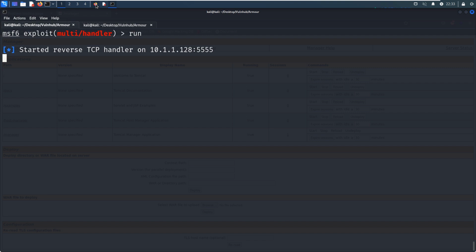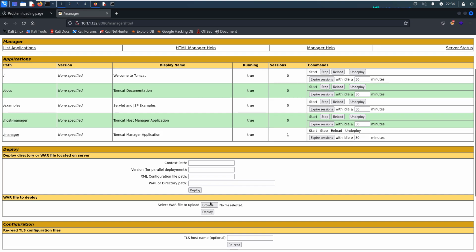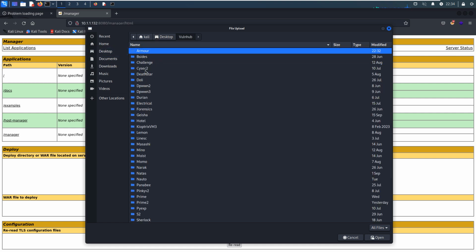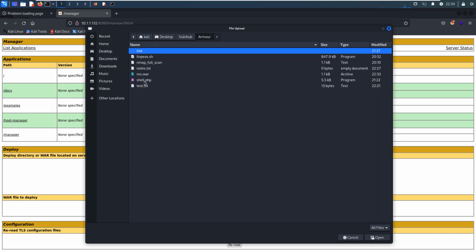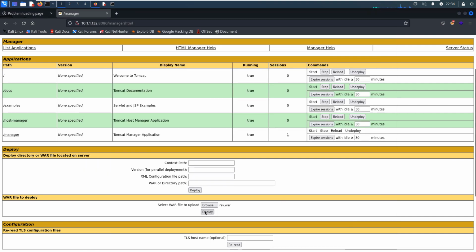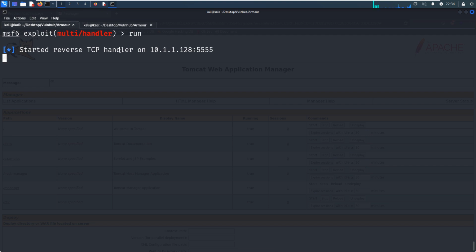And now we go back to the browser to deploy the WAR file. Okay? And we can navigate to our working directory. Open, deploy, and the handler has started.